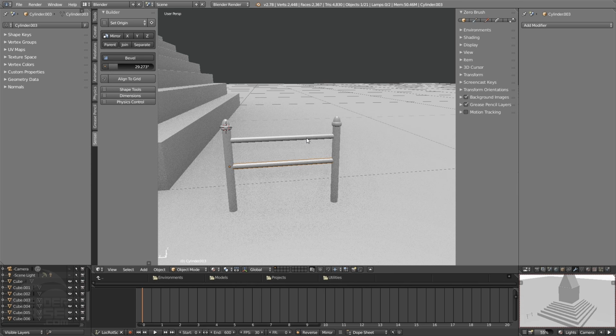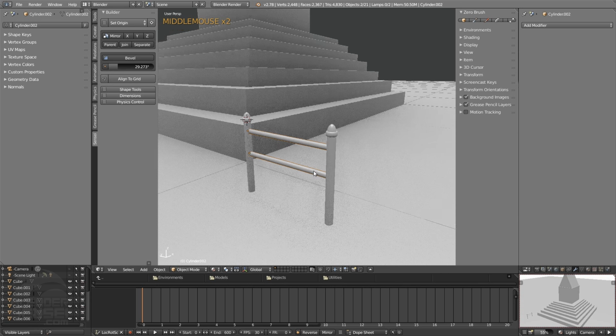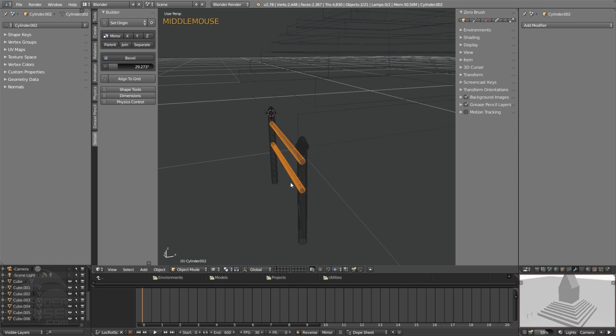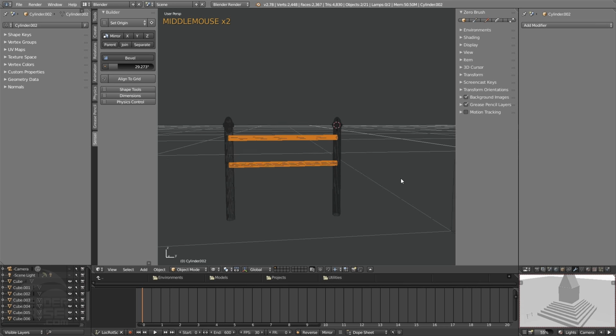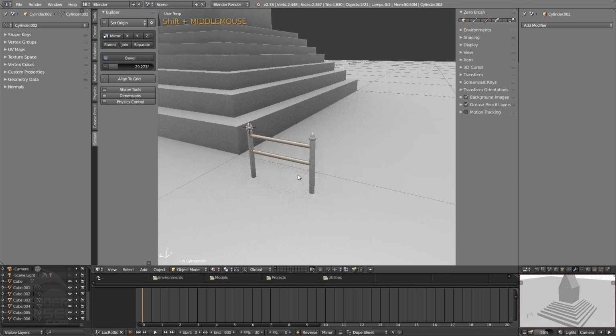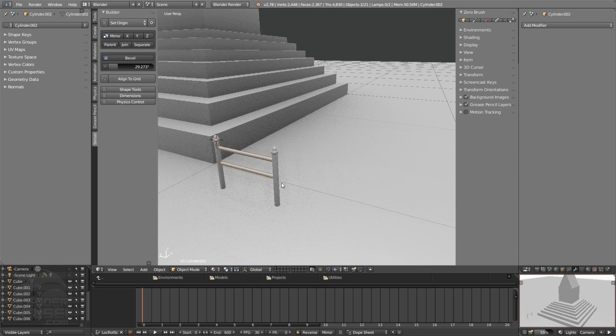What I'm going to do now is shift select this other bar. And occasionally, if I'm not sure that I have everything that I want selected, or if I've got something too much selected, I will tap Z to enter wireframe. And this is just a quick way to make sure you only have the things selected you want. Then I'll press Z to go back into solid viewport shading. And what I'm going to do is